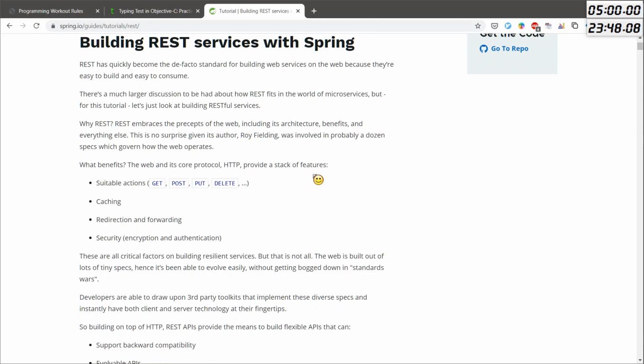REST has quickly become the de facto standard for building web services on the web because they are easy to build and easy to consume. There's a much larger discussion to be had about how REST fits the world of microservices, but for this tutorial let's just look at building RESTful services. Why REST? REST embraces the precepts of the web, including its architecture, benefits, and everything else. This is no surprise, given its author, Roy Fielding, was involved in probably a dozen specs which govern how the